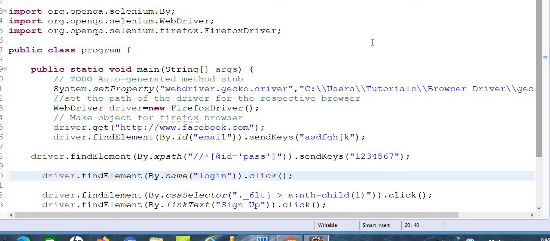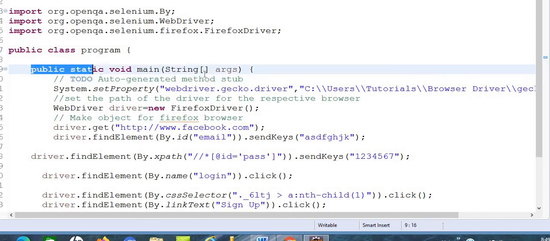So here, this is my script. I import these files, and this is my class, and this is the main method, and after that I will write every script.